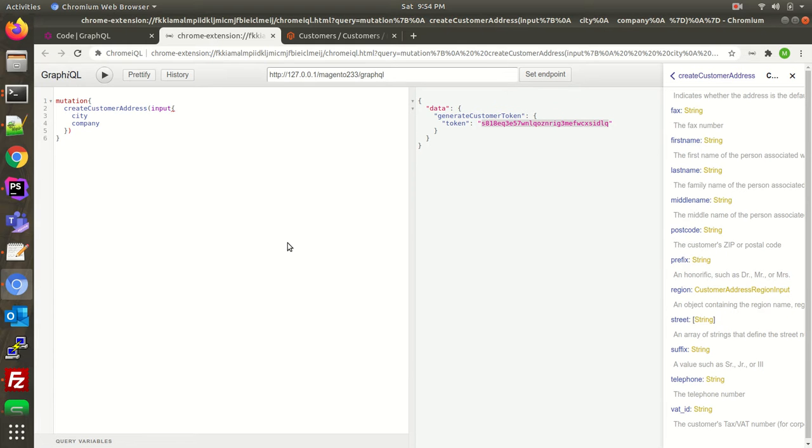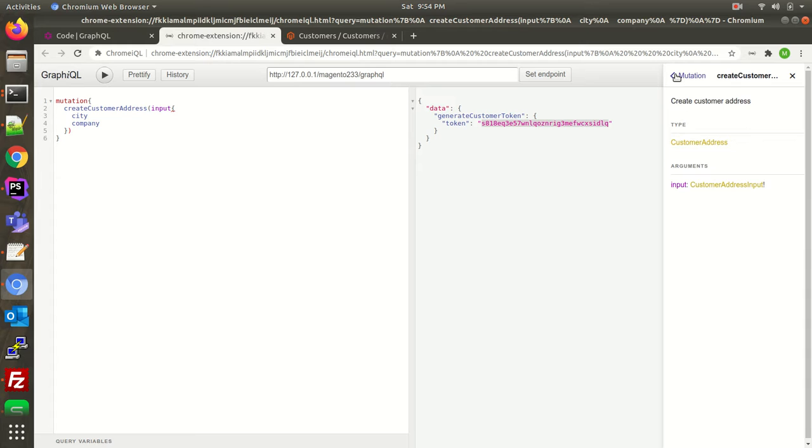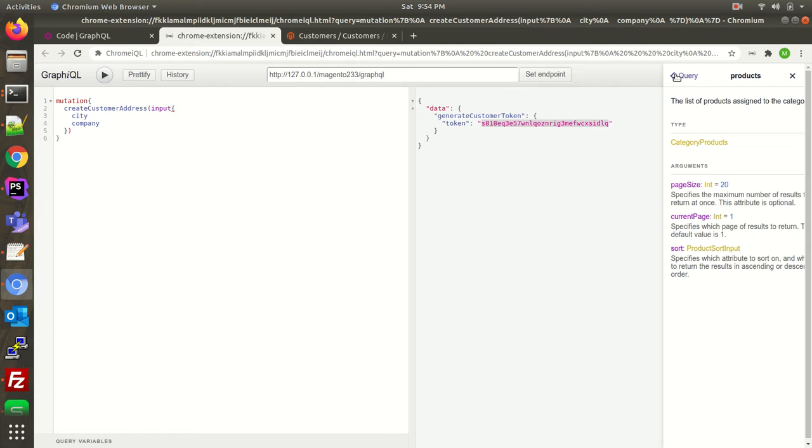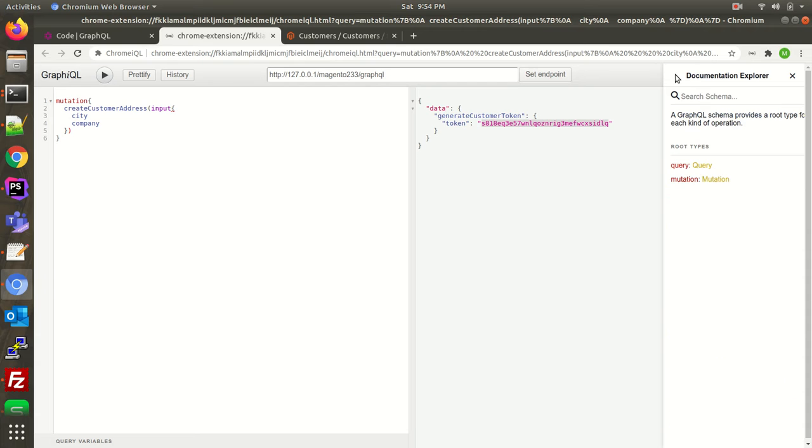So I believe we have covered the query and the mutation part of it. Just play around with this particular extension, or whatever extension you can get where you can execute GraphQL. Just run those things and see how things are working over here, so that in the next video I'll tell you how you can create your own query and your own mutation. I'll do that in a separate video. With that, I think I have explained the introductory part of GraphQL, how you can see it and how you can execute it using an extension. That is of two types, that is query and mutation.